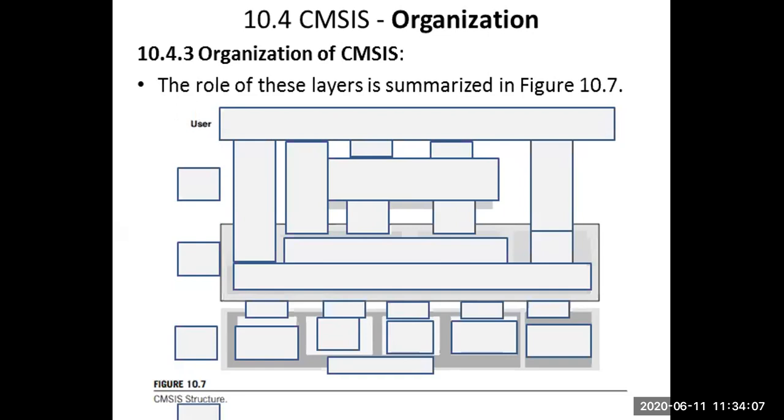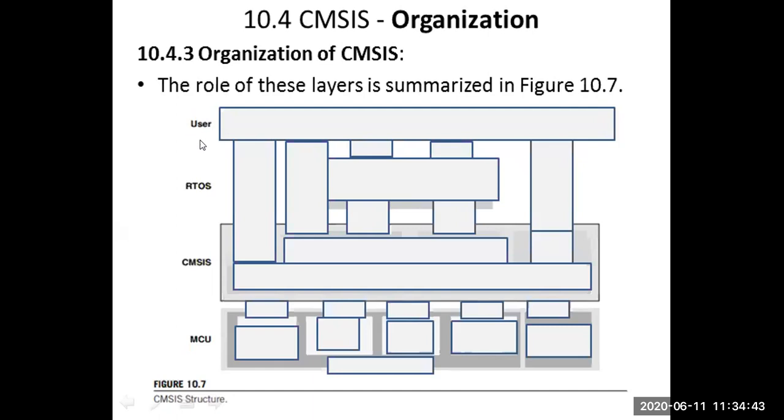Okay, there will be the user, and the OS. Which OS are we using? A real-time operating system, because we are dealing with embedded systems. We don't need to use a general purpose OS. We need to use an RTOS. Then CMSIS. Then the microcontroller. Can you relate this one? You can relate this one with respect to the first figure we saw. CMSIS coping with the software and hardware. You can see CMSIS is in the middle, the software part is here, the hardware part is here.